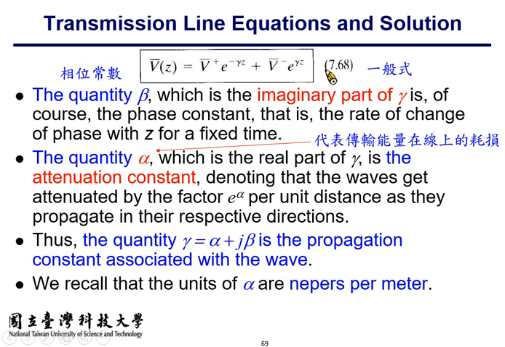And the quantity beta, which I already said is the imaginary part of the propagation constant gamma, is referred to as the phase constant. So it represents the phase change with respect to the position z at a fixed time. Okay, so what is the other expression for beta? For myself, I always remember that beta equals 2 pi over lambda, which can be changed into